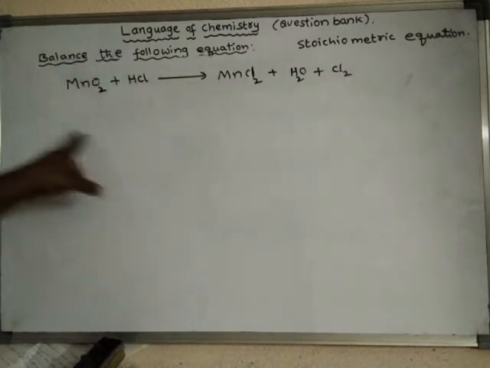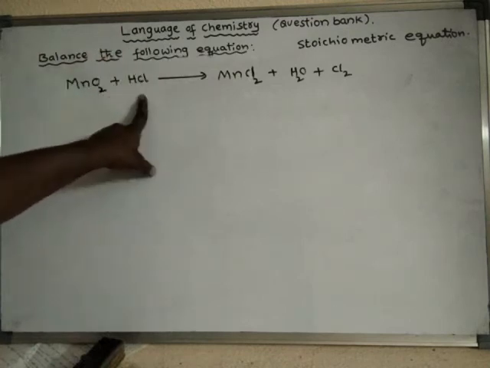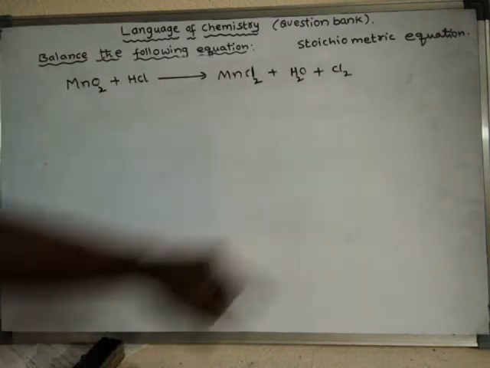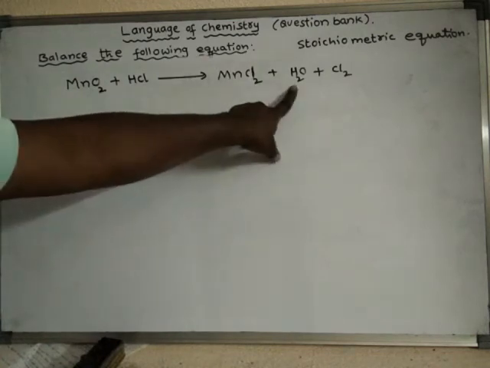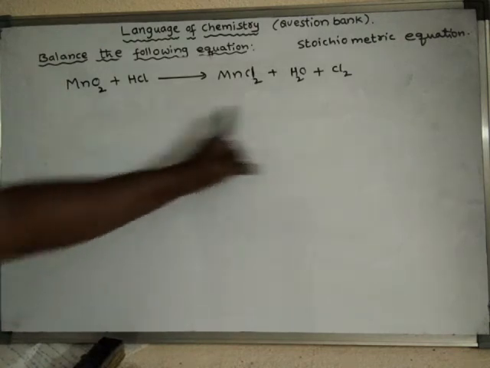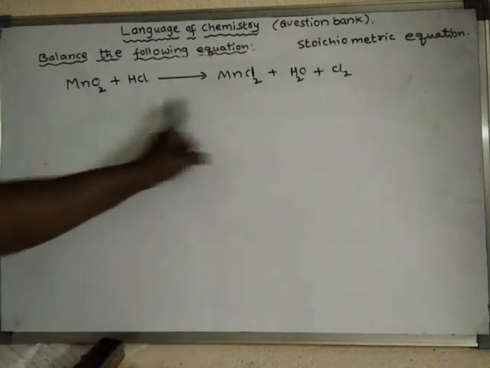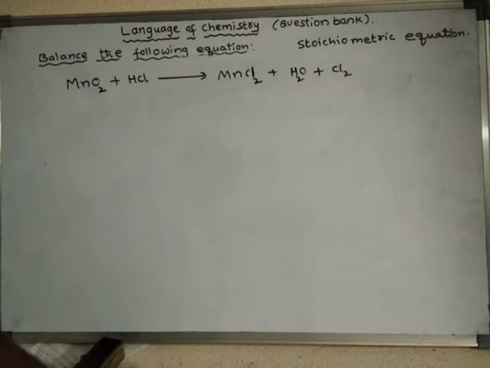So that means towards the reactant side only one chlorine. Towards the product side there are 4 chlorines. And hydrogens, there is only one hydrogen here, but here 2 hydrogens. So it is not a balanced chemical equation. It is a skeleton equation. Now we have to balance it. So we will balance this one by using the frequency number method.